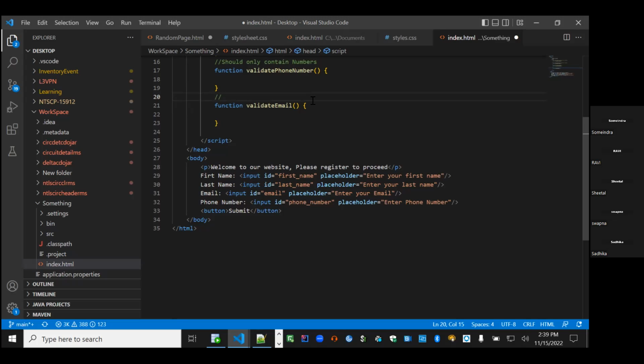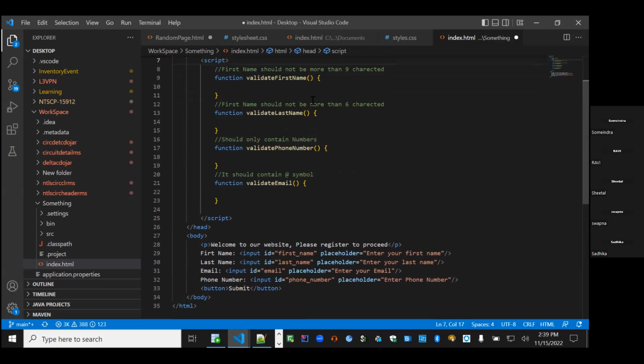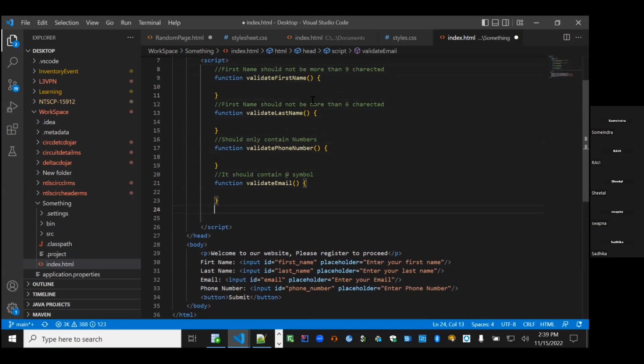But what I want you to know is that in validating email, we use regular expressions instead of writing normal JavaScript code. But for the timing, we'll just keep it simple. So for validate email, just say that it should at least contain the at symbol, a very simple validation. Now what I want is, if all these validations come out to be true, then